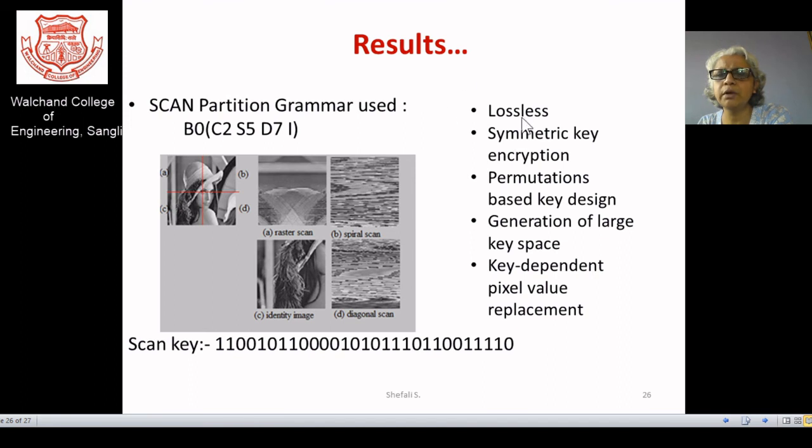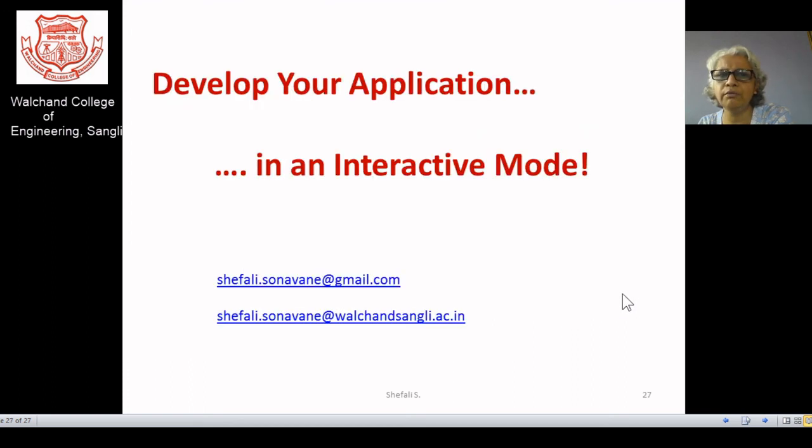Such an idea gives you a lossless result, because you are just shuffling the elements. You are not losing any of the elements from the original one. You can use this for symmetric, but of course with some other combinations you can use this for asymmetric also. Already I mentioned that it's a permutation, and you can have a very good number of keys. That means you can have a very large key space. Of course, how much effort you take for the design of the key, totally it is key dependent. You just need to manage the key, and accordingly you may have the work for this one.